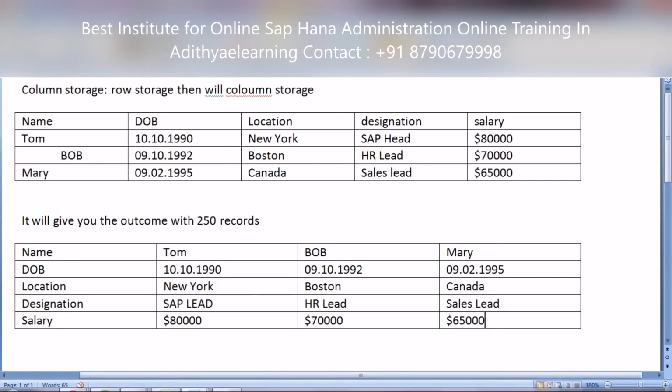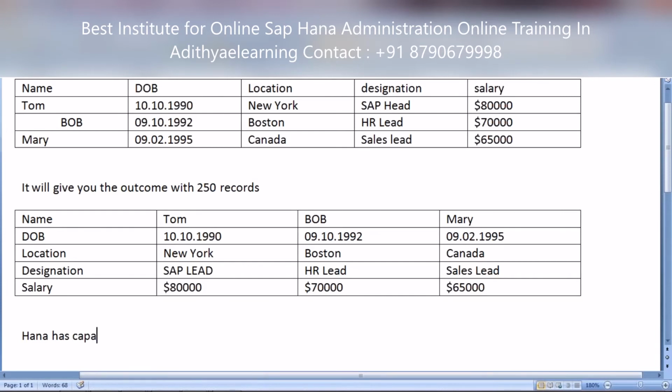And HANA has the capacity to save data in row and columnar storage, depending upon the situation. Sometimes it stores records row wise, sometimes it stores